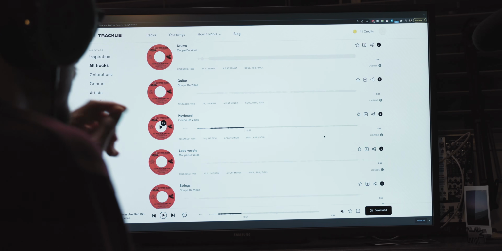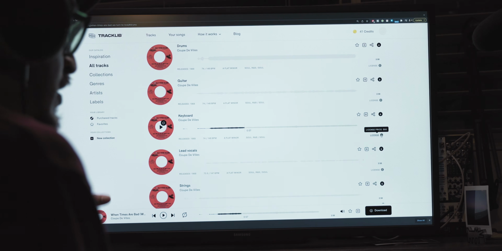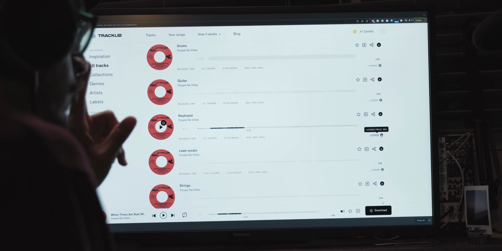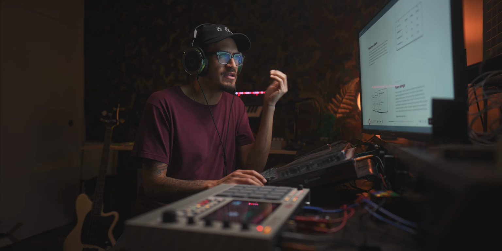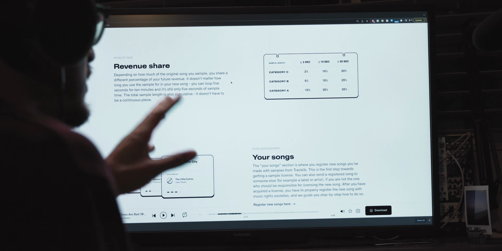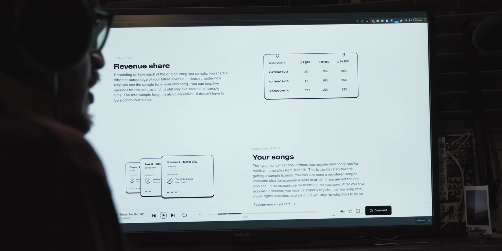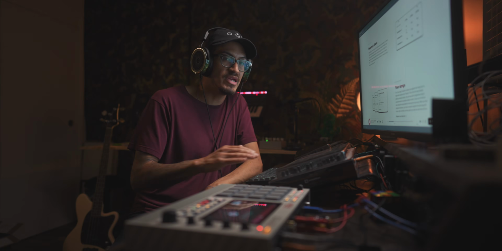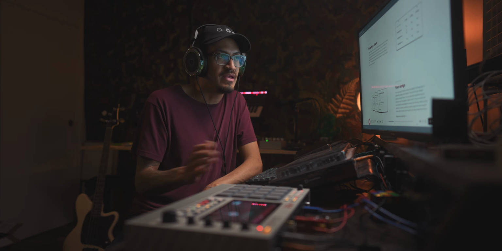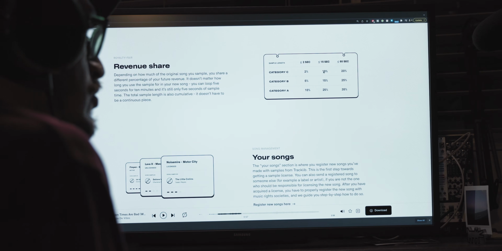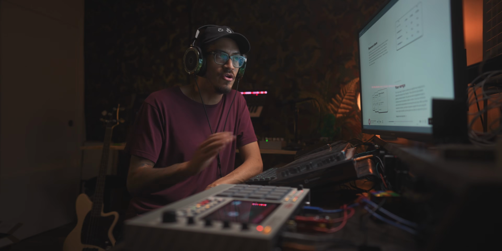What's awesome about this is the way TrackLib works is, for example, this track here is license C, as well as that Anthony Valadez and Bird track I have. What license C means, you'll see it says $50. You're probably like, what the heck, man? I don't want to pay $50 to sample this. You don't have to if you're just downloading and listening to the song. But what is cool here is this category C sample. If I'm using anywhere under 2 seconds, I get a royalty split with the original artist. I give them 2% and I take 98%. In this case, I'm probably going to be using about 15 seconds. So they'll be getting 10% royalty split off of the track if I were to release it,